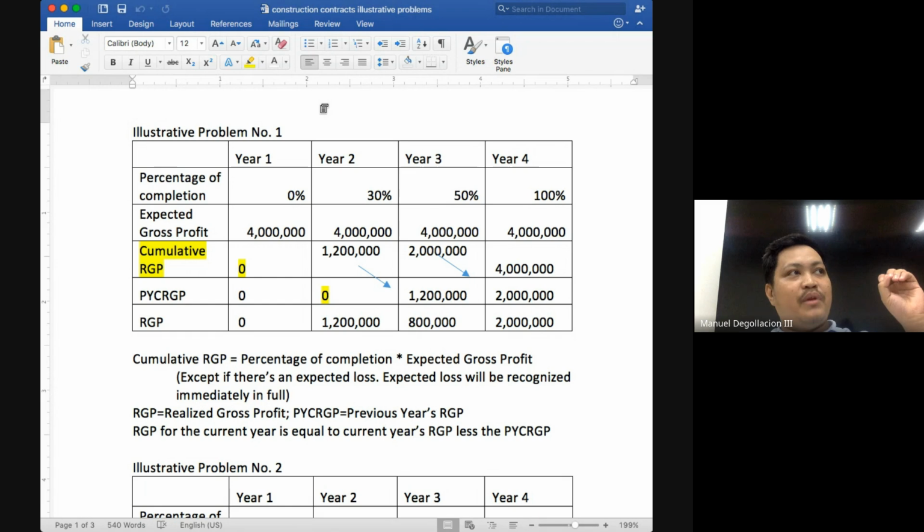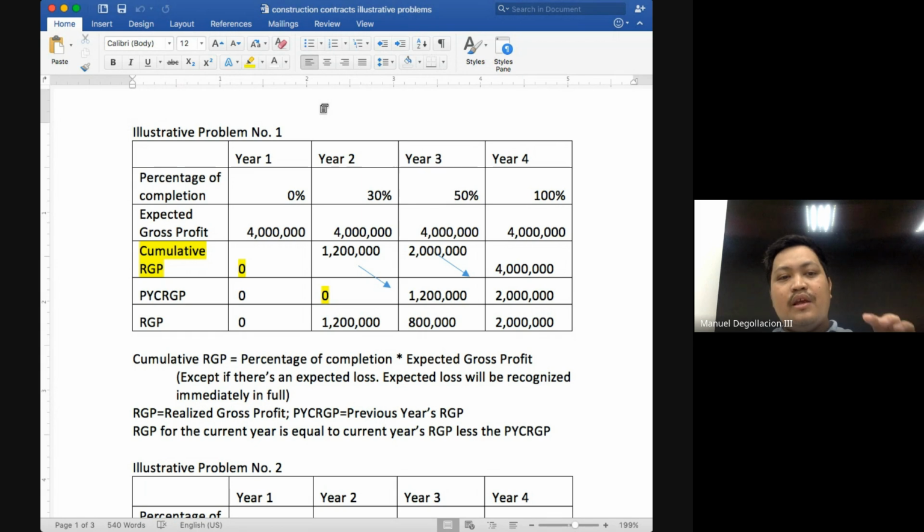But just as a preview, how do we expect to solve for gross profit? We've mentioned this already. Gross profit is equal to revenue minus cost. So the revenue here would be the total contract price, and then the cost would be the cost of construction. But again, we will not focus there yet. I want you to understand that it's really easy for you to eventually compute for the gross profit later on. But here, it's already given.